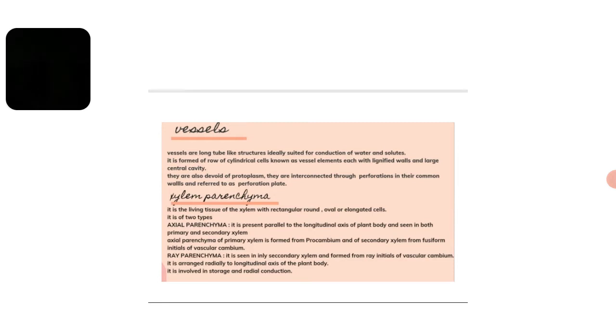Next, the pits are of two types. One is the simple pit and the second is the bordered pit. The bordered pits are better developed in gymnosperms. So next, distribution. The tracheids are found in all categories of vascular plants. The tracheids are primitive water conducting channels. The tracheids are also mechanical in function. That means they give support to the internal parts of the xylem.